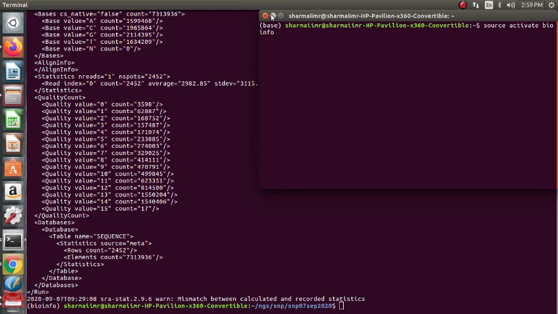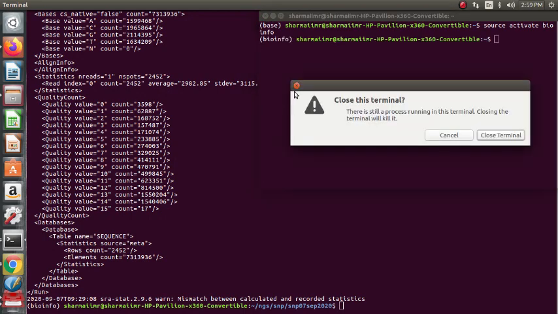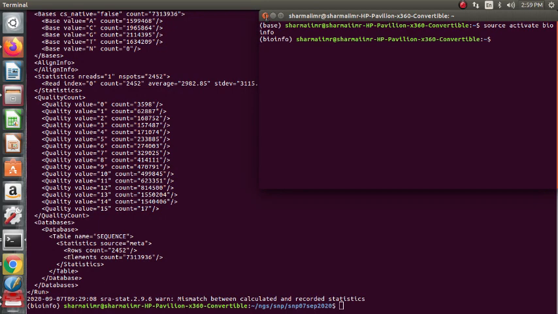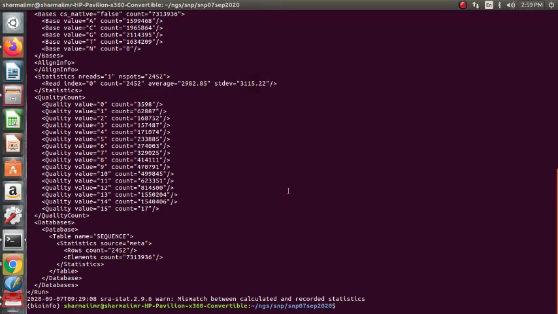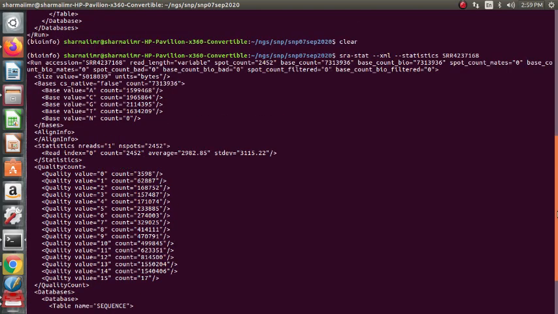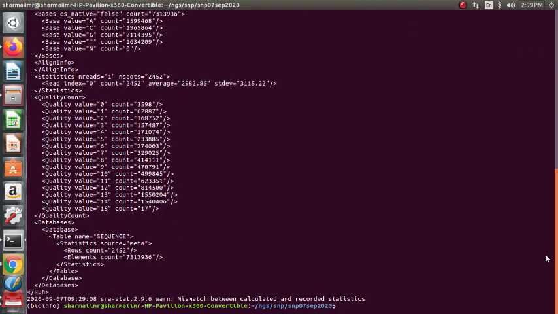Okay, anyway, we got the quality value and the count of the number of reads. Spots is given here and reads is given here. Statistics: reads is equal to 1 and spots is equal to 2452. So we can see that it's something like a normal distribution, a skewed distribution. For low quality the count of reads is low, it somewhat increases, and for high quality 15 it again drops.